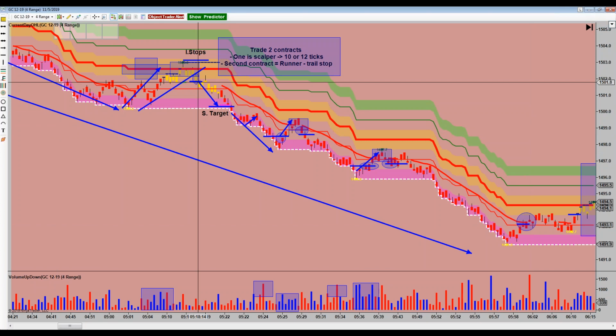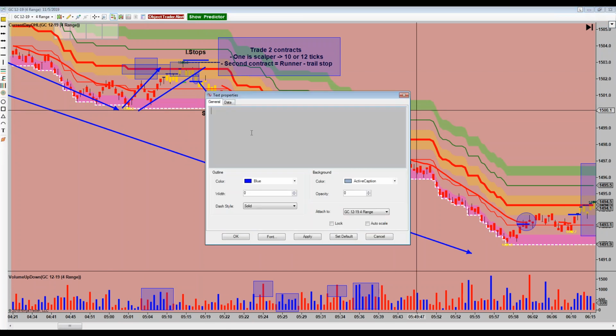So how many ticks is that? Well, 8 points plus 8 is 88 ticks. So let's just put this right on the chart so we get clear about what the value of this trade was. So your scalper was 15 ticks or $150. Okay, and then the runner was,